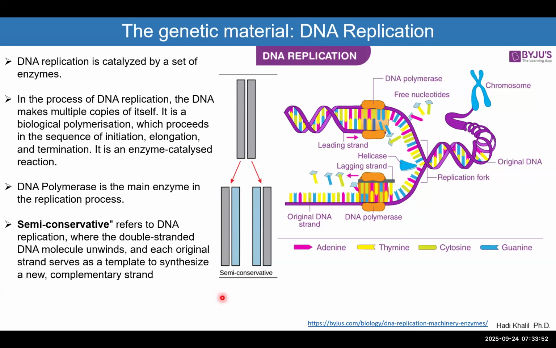And just to give you an idea, there were three different models suggested for how the DNA is replicated. This one is called semi-conservative. This means each parental strand is being copied into a newly generated helix. So if we take the double helix of the DNA, each strand is being copied into a new duplex, and that's called semi-conservative. There were two others that turned out to be not correct. And again, we are describing the eukaryotic